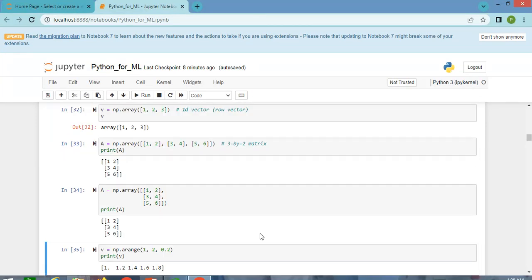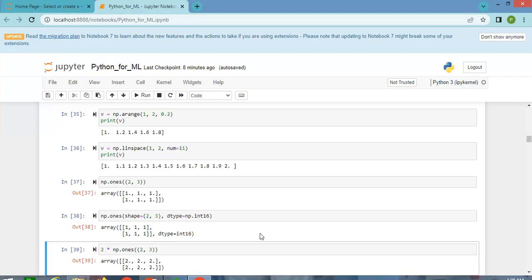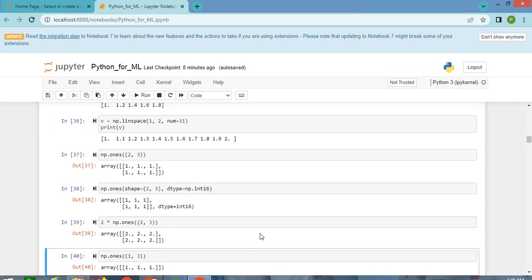Obviously, when the number of rows and columns of a matrix is very large, it is not reasonable to insert elements one by one. In these cases, we must use the arange command. Another way is to use the linspace command, which is very popular in Python. For example, this command is very useful in drawing shapes and figures and actually charts in Python. The value corresponding to the num variable in this command